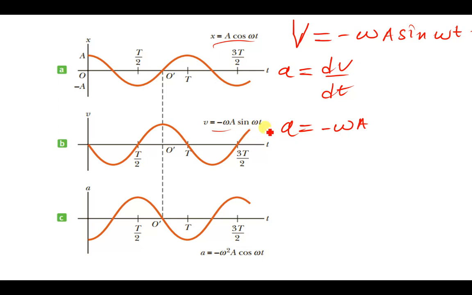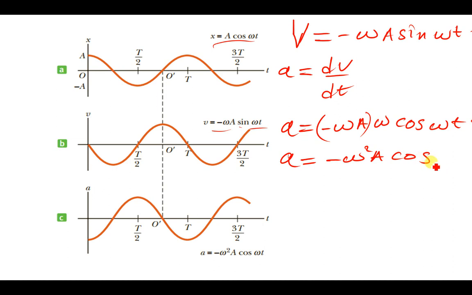When you differentiate this, you get omega, and then the derivative of sine will simply be cos wt. So when you multiply all these, you get a is equal to negative omega squared a